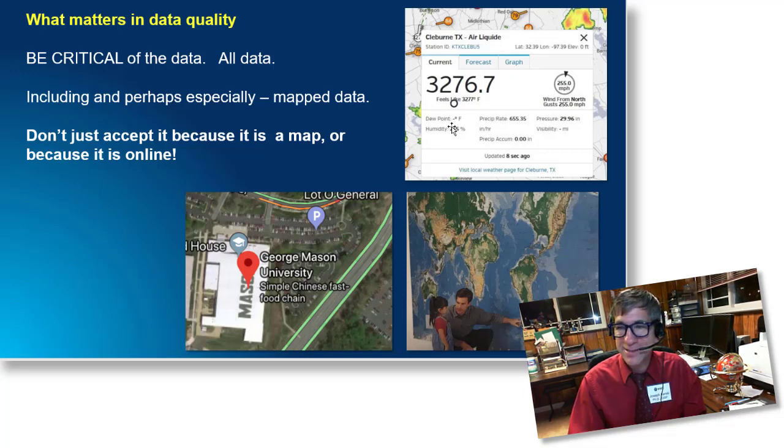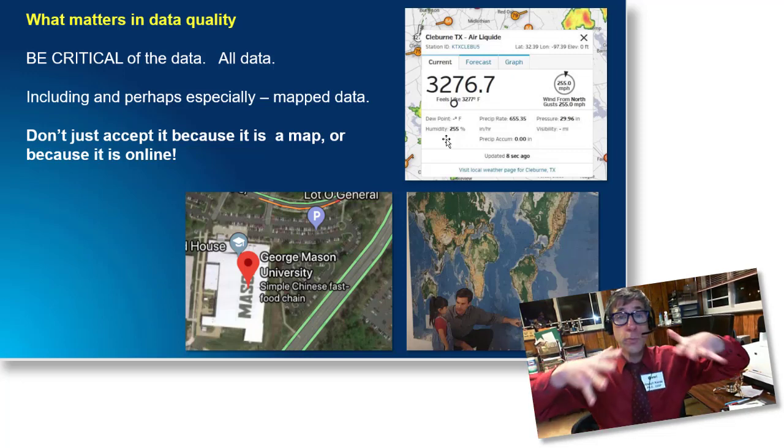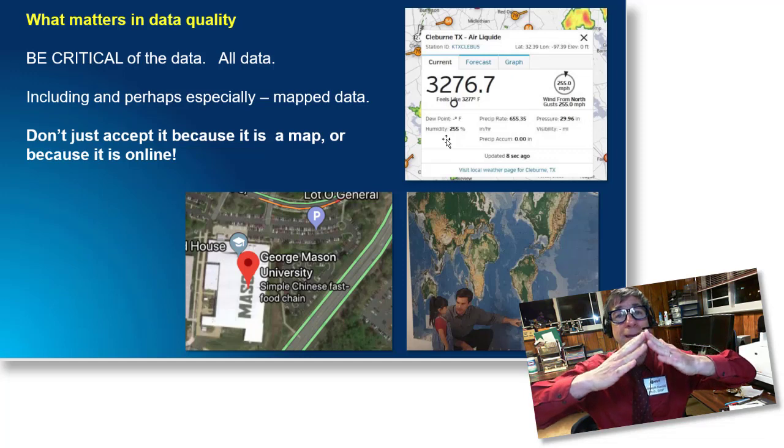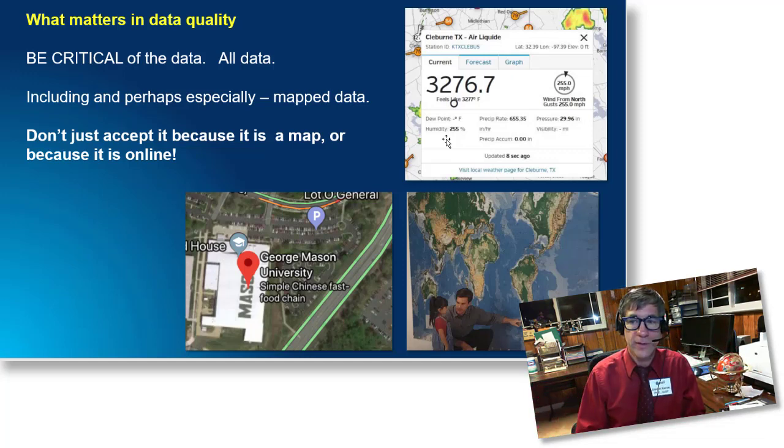Take a look at a couple of these examples. 3,000 degrees in Texas. I know it gets hot in Texas, but this was from a data feed that was online for at least a year before it was taken down and corrected. And also the precipitation rate and humidity and the wind speed are off the scale. The only thing that's normal here is the pressure. But if you weren't critical of it, your interpolated surface of a variety of variables, weather related, would have a big spike at Cleburne, Texas, if you weren't critical of the data.